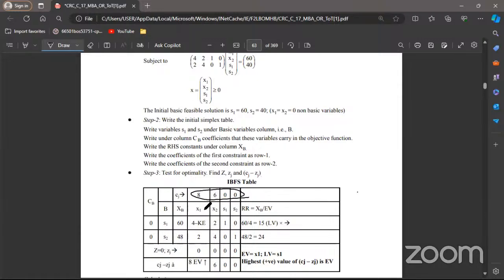Above x1, we have written the contribution. Above x2, we have written the contribution. Above s1, we have written the contribution. Above s2, we have written the contribution. So contribution will appear in two places, here and also here. The 0, 0 is also contribution. These are all contributions, which we have to take from the objective function. Now all the variables x1, x2, s1, s2, we have to take here, and you have to write the objective function over it, and the constraints should be below. If you can tell me what are the constraints, isn't it 4x